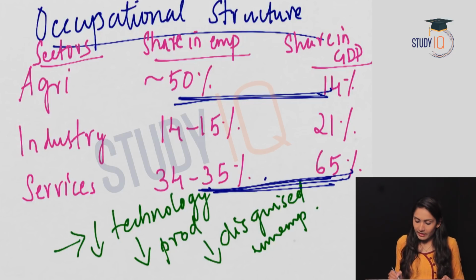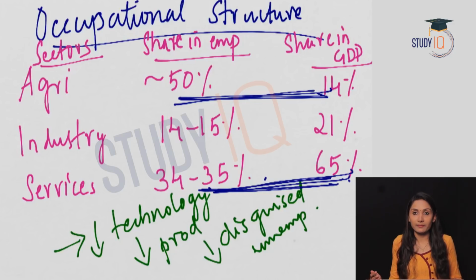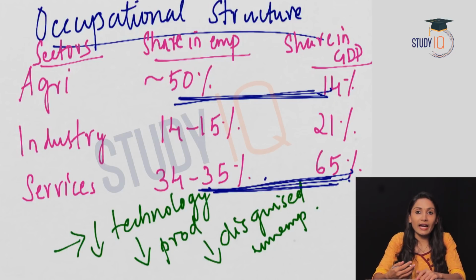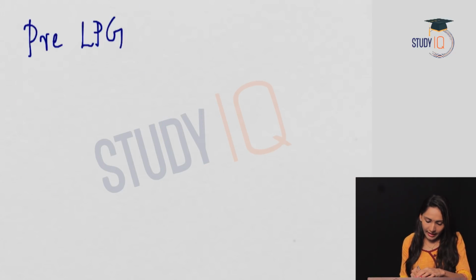So here also we will see a greater mismatch. So these two mismatches must be rectified in an economy if the economy has to grow in full potential. Occupational structure in India is a very important topic and questions can be asked from this related topics. It can be either an objective type, even in descriptive type questions, you can add points from the occupational structure of India. Now let us analyze the pre-LPG era and post-LPG era.